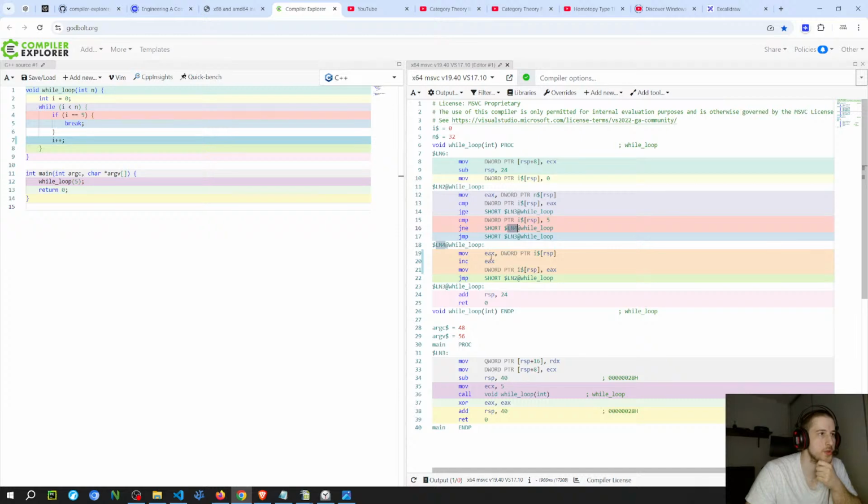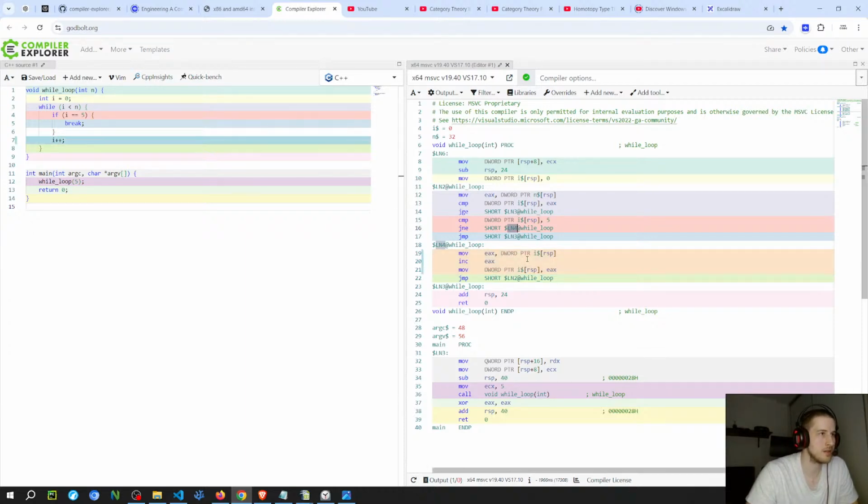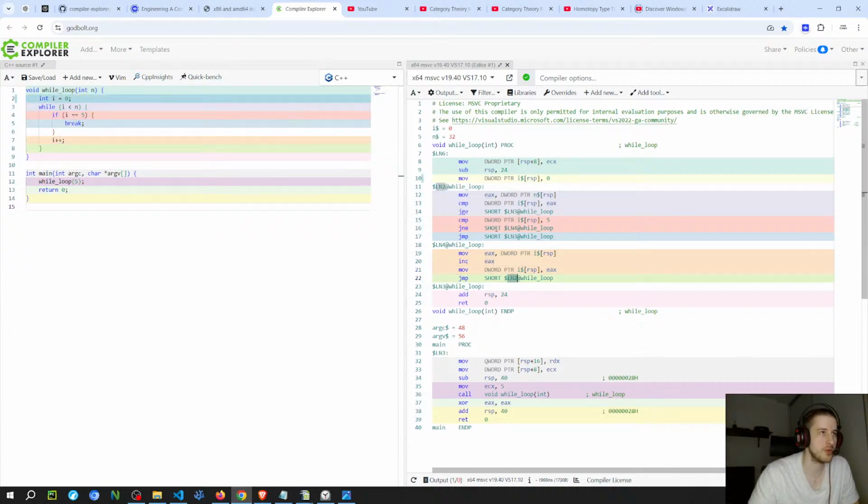I think this one is different actually, but it's just because of the condition inside. Because it increments the I inside, it's slightly different, but it's basically the same thing. So it's pushing the value of I to EAX, increments EAX, then pushes EAX again to I. Then it jumps to this one, which continues the loop, and it's going to break out based on the condition.